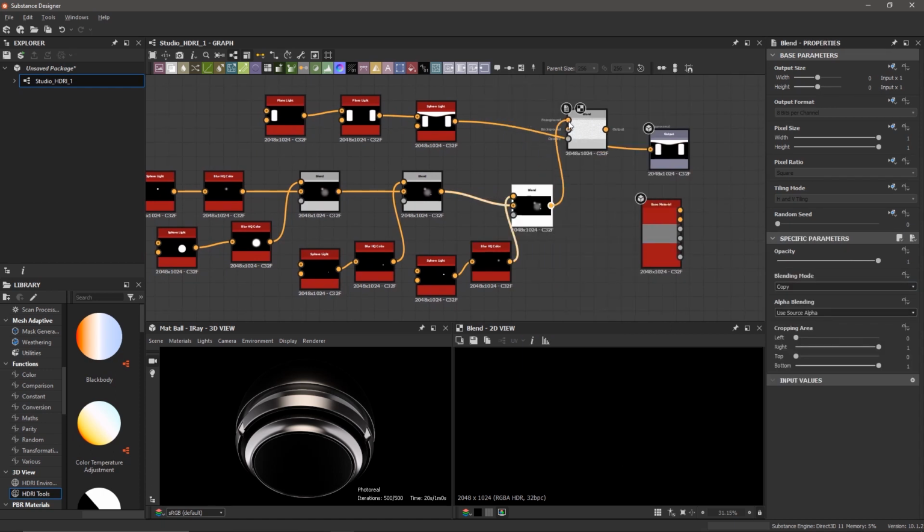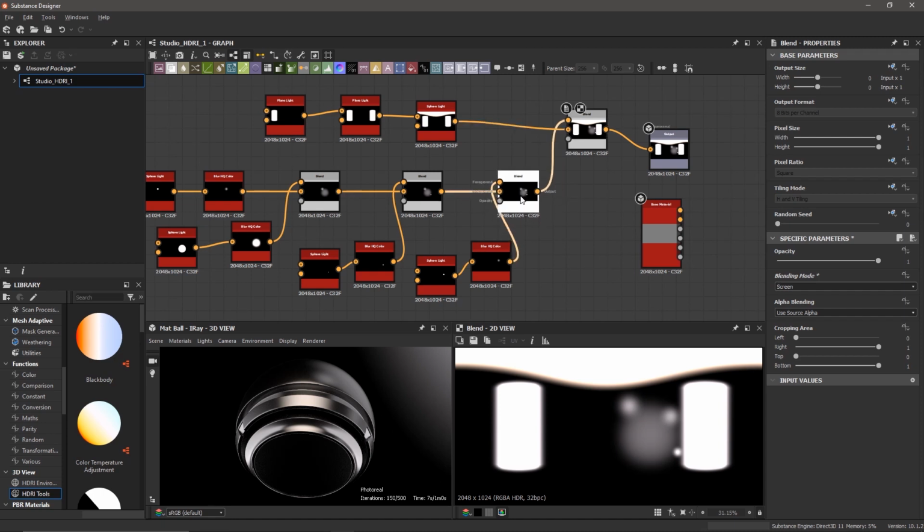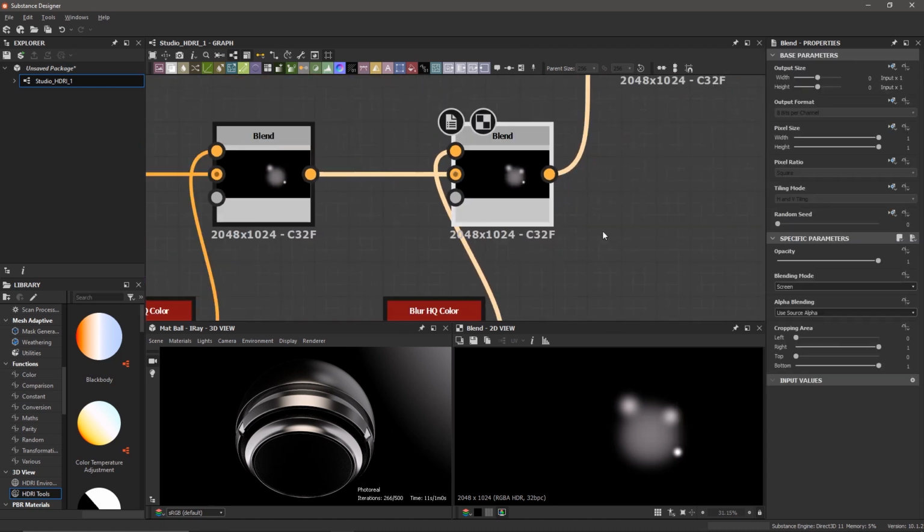So let's put this new part in the foreground, the other lights in the background. Set it to screen and pump it in. You can see we've already got some interesting detail here. And I think I want to move this over a little bit. So in the blend that just has these new crazy shapes,